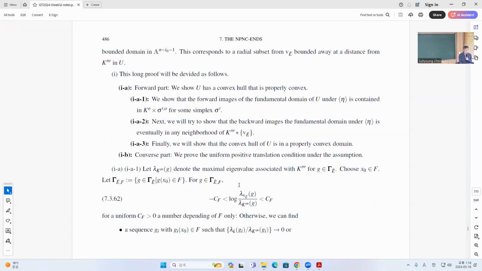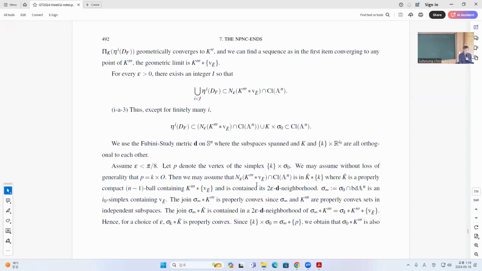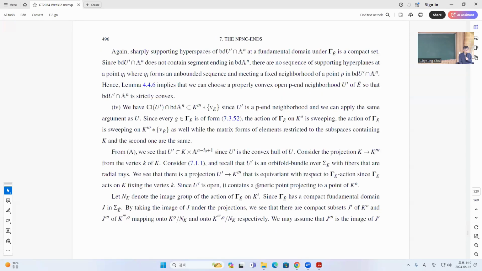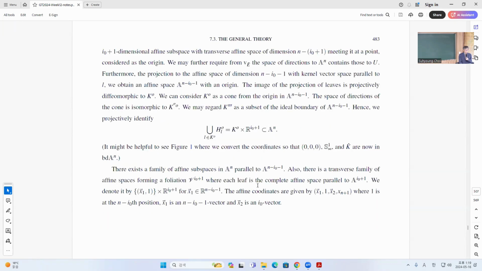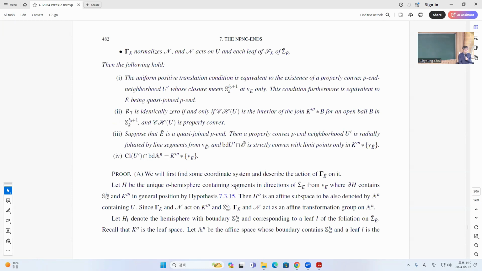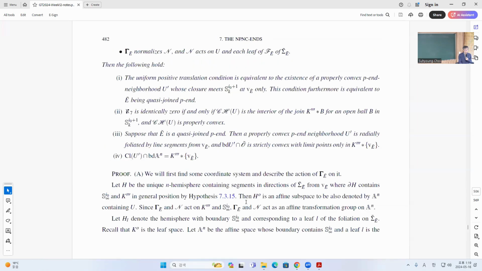So basically the proof is a bit long. The basic idea is that we have to assume that if this is quasi-joint, of course, we have to show it is quasi-joint, so we have to show that this convex neighborhood really exists, and the point is that under these conditions you just have to look at how the group acts on the rays from the origin,